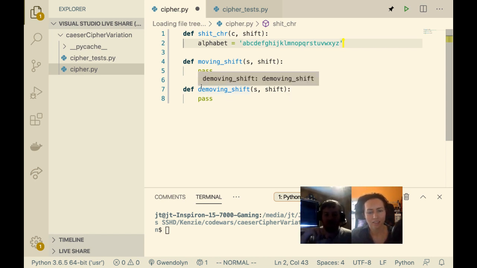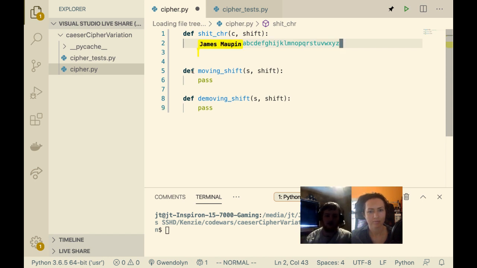Okay, so basically what we want to do now is see if C is in alphabet. So, we could just do if C is not in the alphabet, then we can do if C is in alphabet.upper, right? So we can do a check, and if it's not there, then we check for if it's in uppercase, and if not, then we would just return the character, right? Okay.